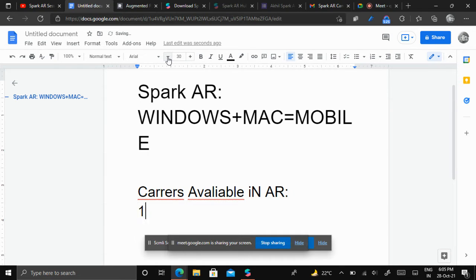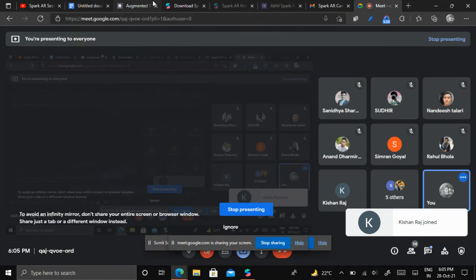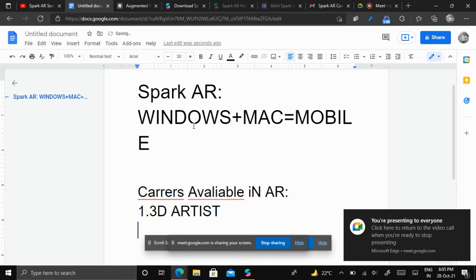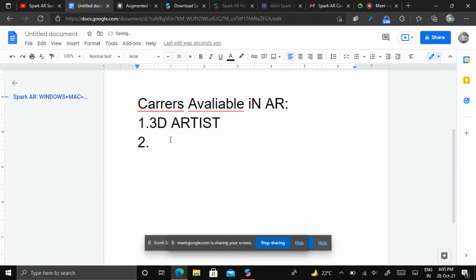The first one is 3D artist. The second one is software designer. The third one is design architect.